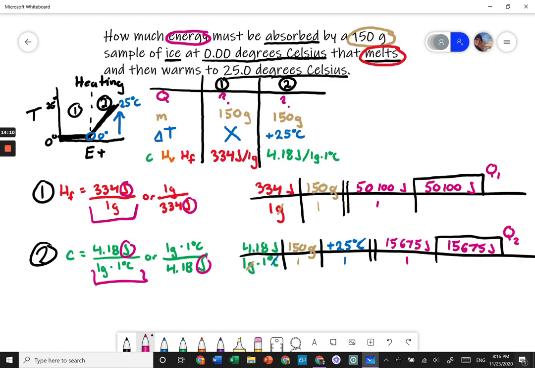The question though is not asking us how much energy is absorbed by region 1 or by region 2. The question is asking how much energy is absorbed. What we need to do is add together both regions in order to find out the total amount of energy. So